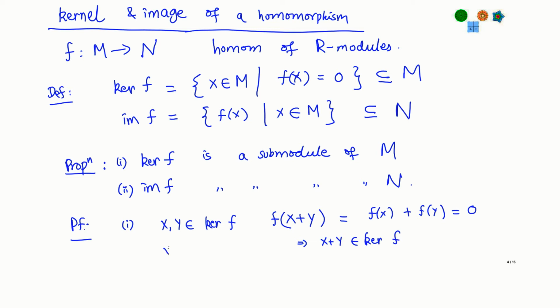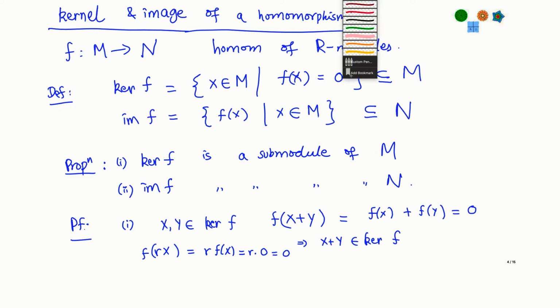Okay, similarly, if I take x and I multiply it by a ring element r, I want to know whether rx is in the kernel. But again f of rx, I can pull the r out, and write it as r times f of x. But now x was in the kernel, so this is r times 0, and we have proved this once before that r times 0 must actually be 0. How do you do it? You write 0 as 0 plus 0, you expand out and so on. So r times 0 will be the same as r times 0 plus r times 0, and so on. So we have seen this argument once before.